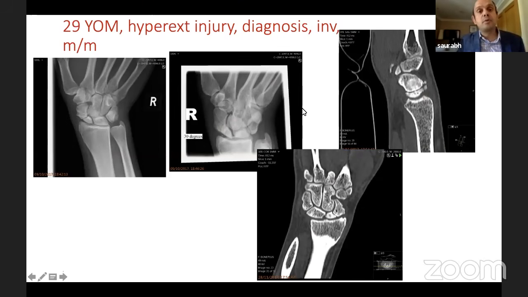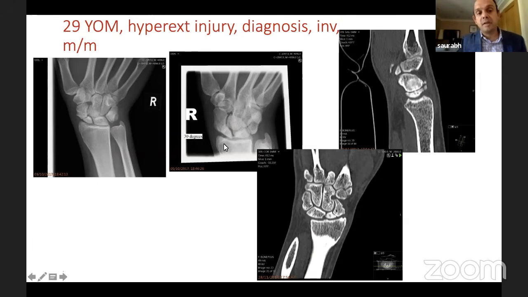So, an example of a proximal pole, again 29. These are injuries of young men, mostly men. I'll hardly ever see a scaphoid fracture in a woman. So, a 29-year-old male, again a hyperextension injury. So in an exam, you will be asked to diagnose, what investigations, and how will you manage. So again, you describe your x-rays, PA view, wrist. You can see a proximal pole fracture, no